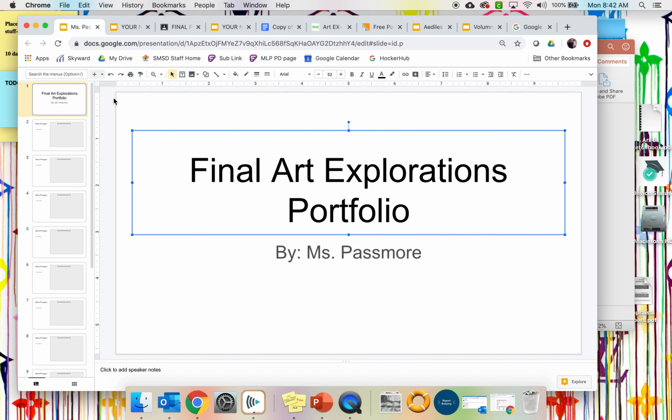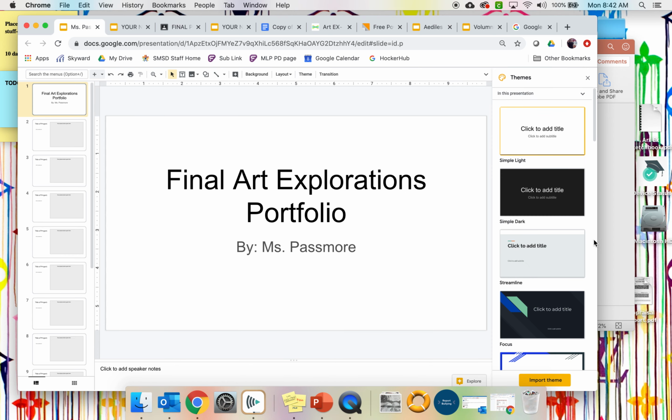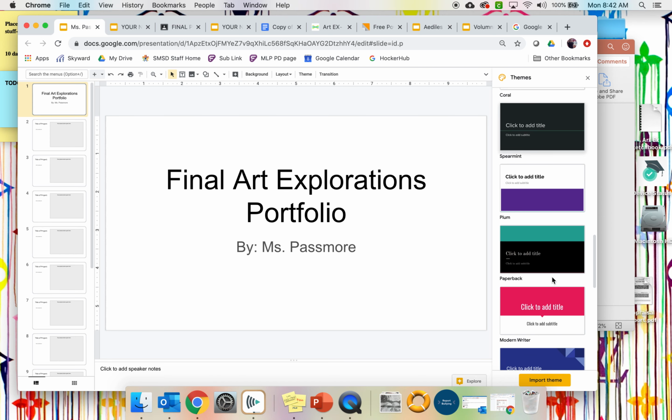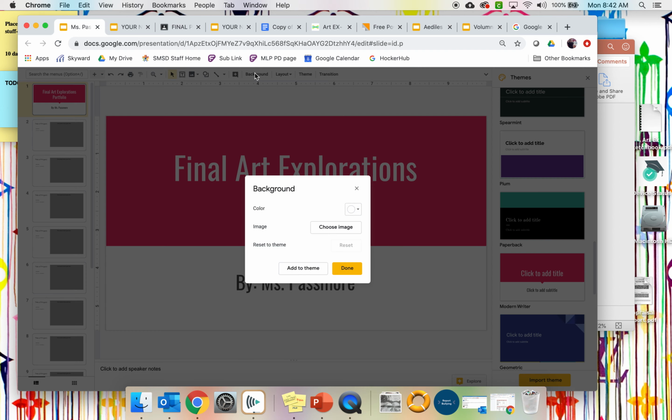The next thing that we're going to look at is you kind of have to click away from the slide to get this theme button to pop up. So you're going to click that. And you can pick whatever theme tickles your fancy, whichever one you like the best. Let's say you really like this one, but you're not crazy about the color. You can click background